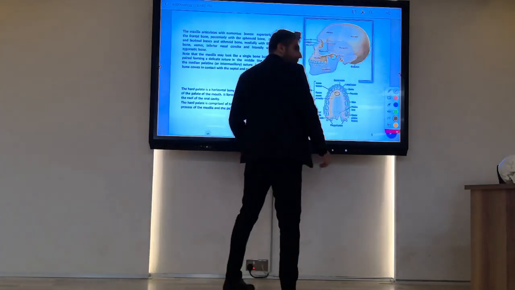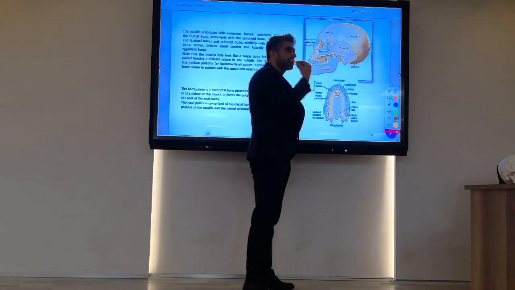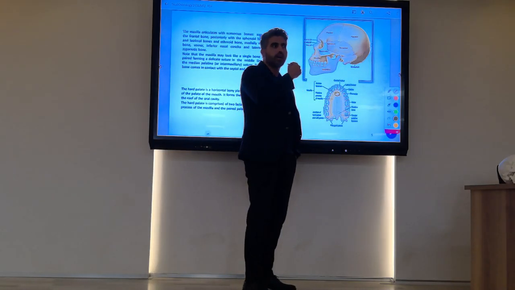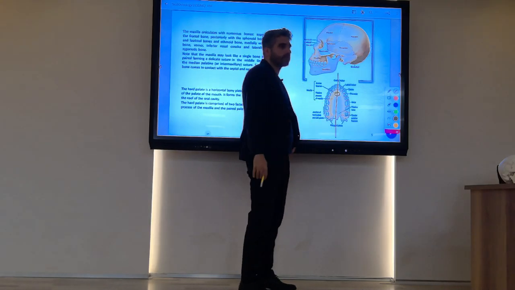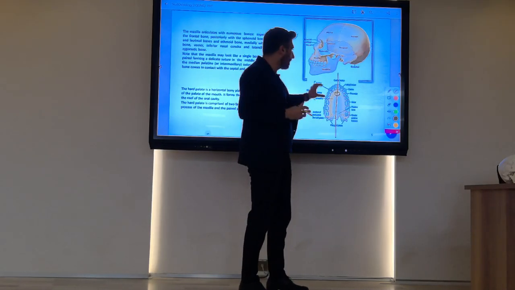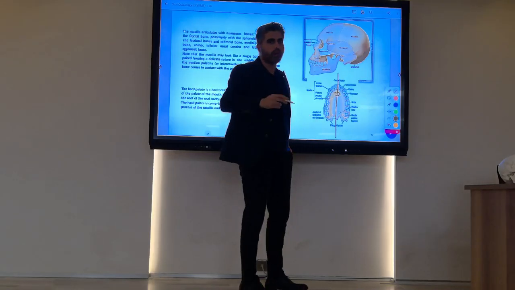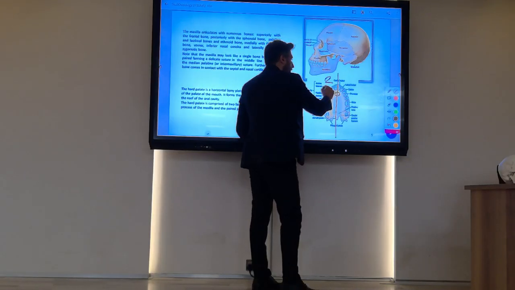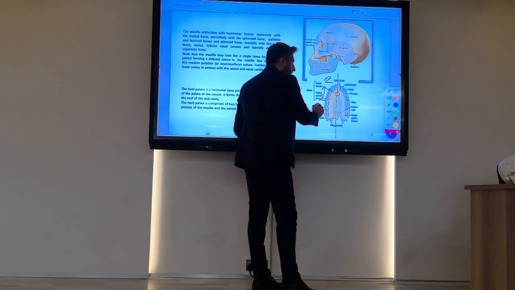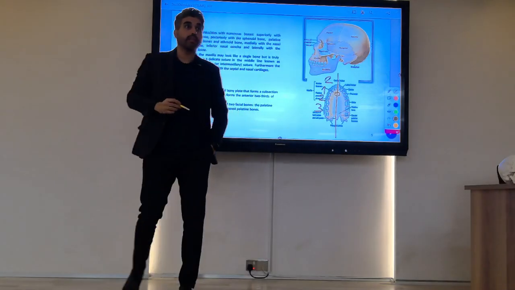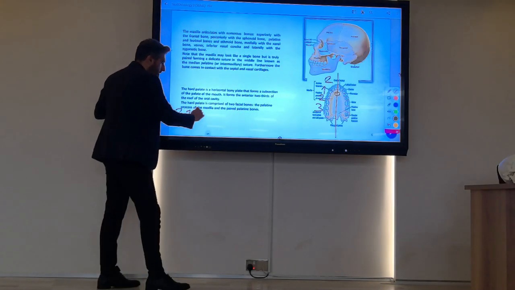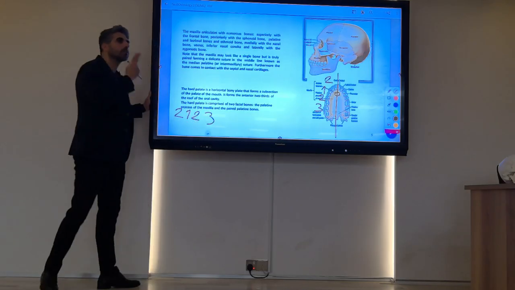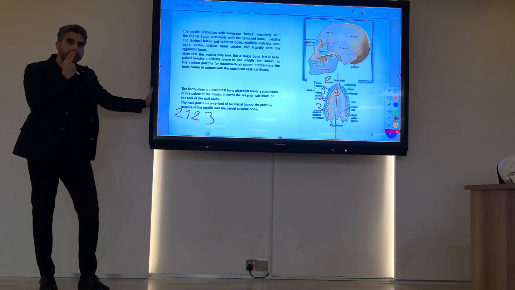Look at the teeth first of all. I told you 16 teeth in the upper jaw and 16 teeth in the lower jaw. If we divide it to the right and left, 8 in the right, 8 in the left, they have this formula. 2, 1, 2, 3. The 8 teeth, it has this formula. 2, 1, 2, 3. 2 incisive,